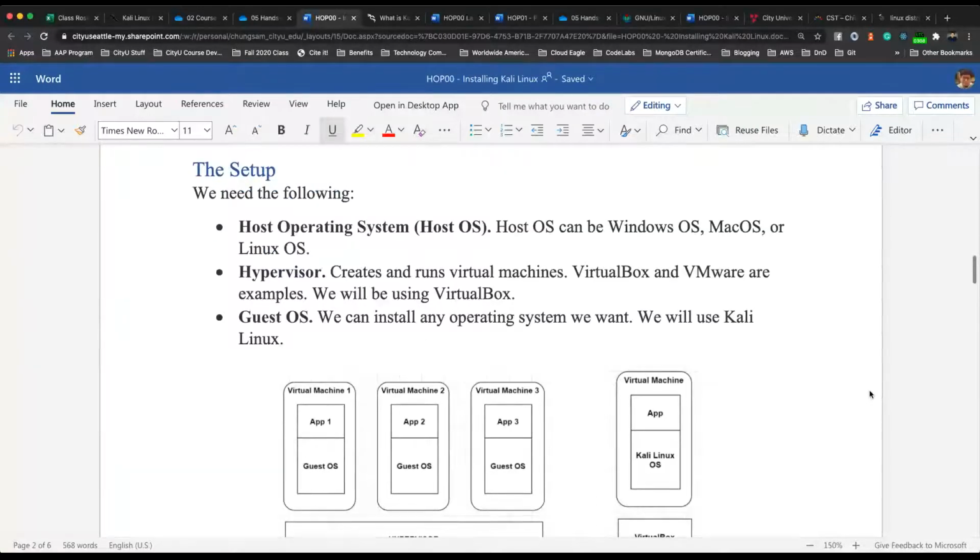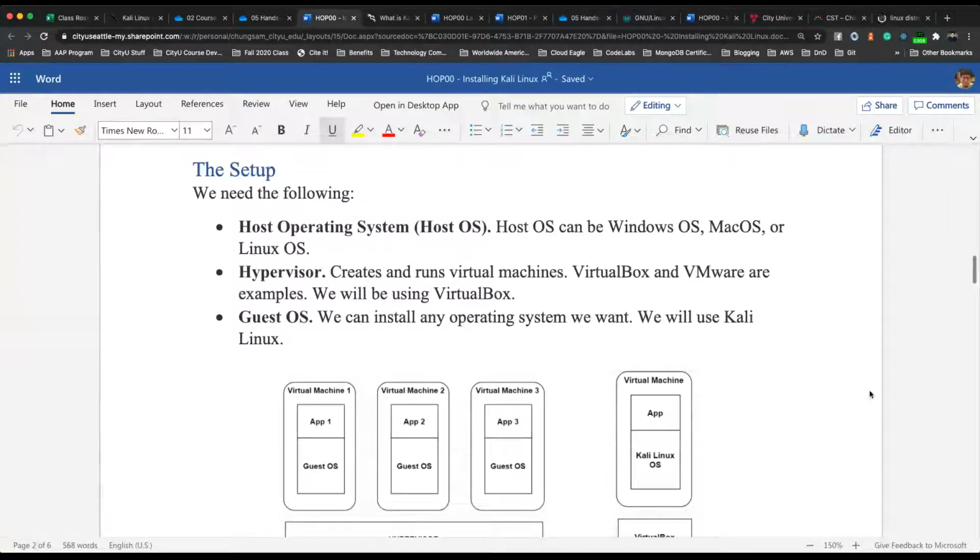So the setup. You guys would have your own personal computer, laptop, right? The setup should basically be using a Windows operating system or a Mac OS or a Linux OS. Then on top of that, you would install a hypervisor.